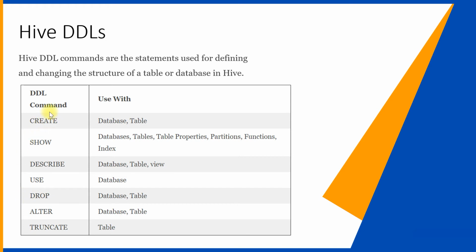And using create, you can even create a database or a table or a view, and there are several things we'll be looking at in our hands-on session. We can also perform alter operations in Hive, to alter a database and also a table to add more columns or change the data type and things like that. And the last DDL is truncate. This is to clear the content of the table, right? This is the truncate one. So these are some of the Hive DDLs: create, show, describe, use, drop, alter, and truncate.